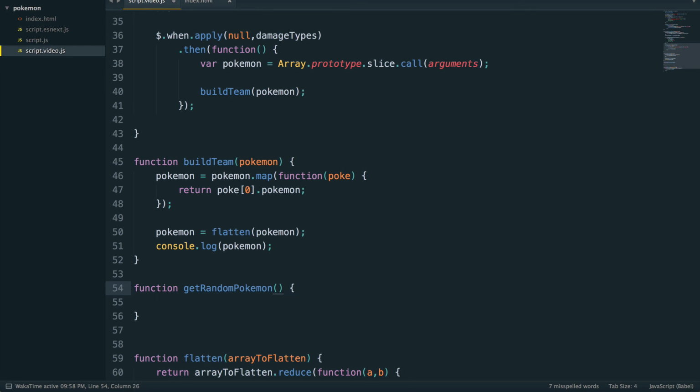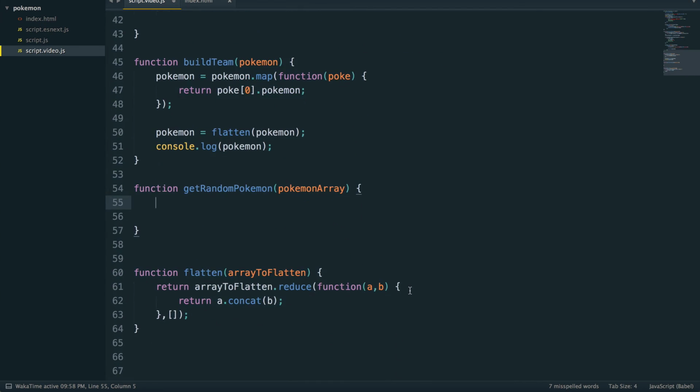So it's going to take, I guess, an array, a Pokemon array, and it's going to return a random version of that. So let's do it on 2 lines. In order to get a random element from an array, we need to get a random index. So I'm going to say var index equals